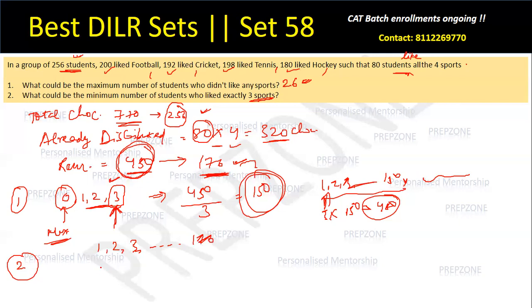So let's start with this. Let's start giving 1 chocolate to each of them. If I start giving 1 chocolate to each of them, I will only consume 176 chocolates. Okay? Let's start giving 2 chocolates to each of them. Even if I end up giving 2 chocolates to each of them, कितनी chocolates distribute हो जाएगी बताओ? 176 into 2, which is nothing but 352 चॉकलेट्स डिस्ट्रीब्यूट हो जाएगी, राइट।